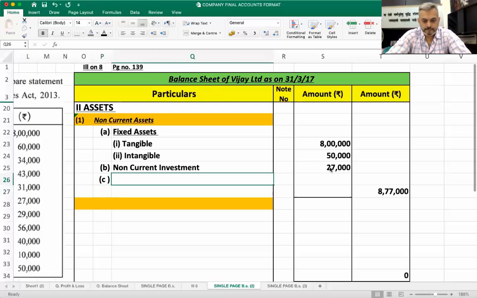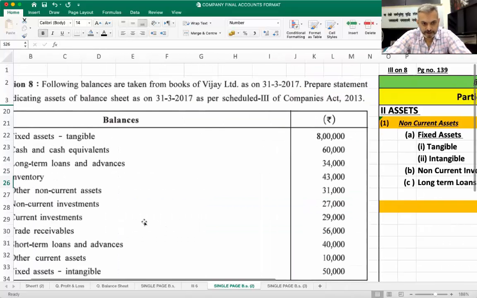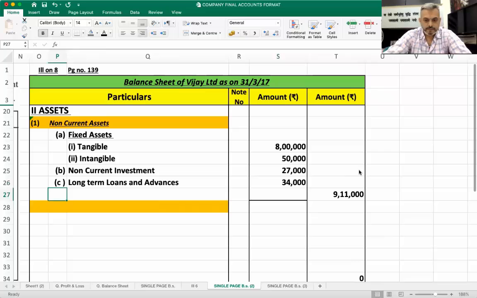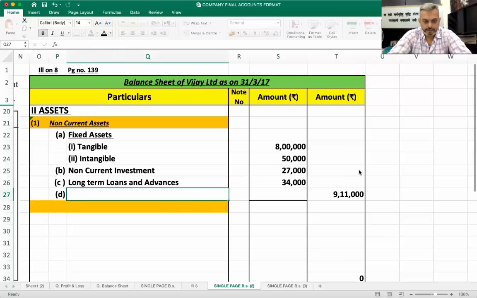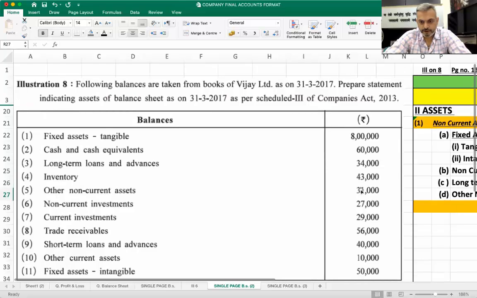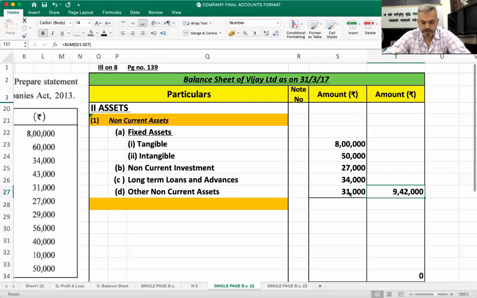Then long-term loans and advances. Let's check out. It's directly given, 34,000, and other non-current assets. So other non-current assets 31,000. So total comes to 9,42,000. Please verify this. Now we go to second,